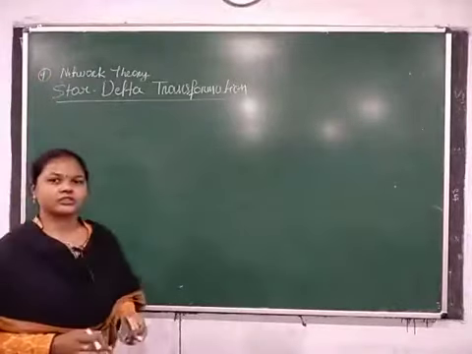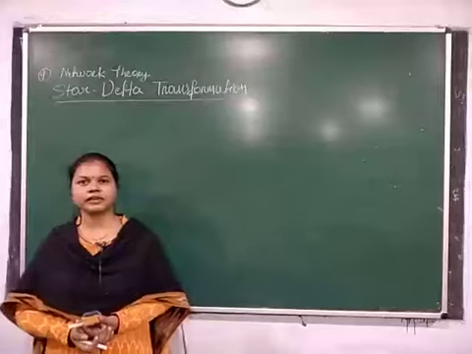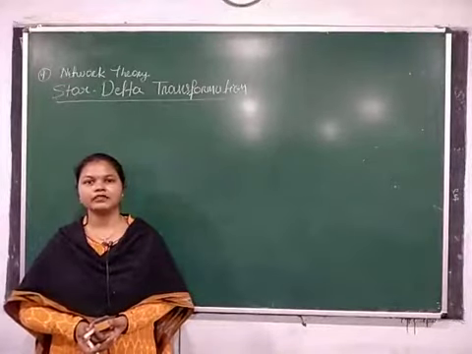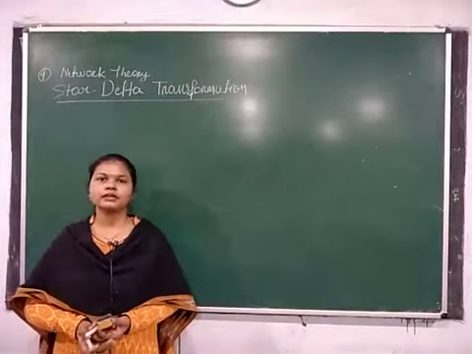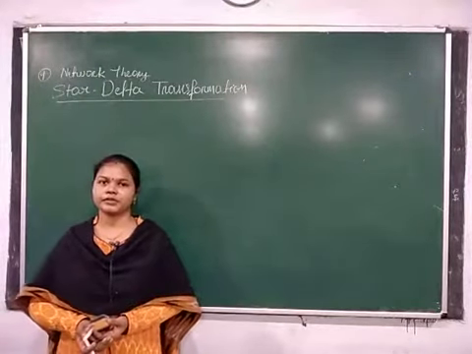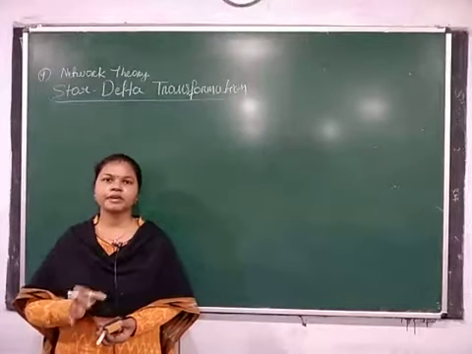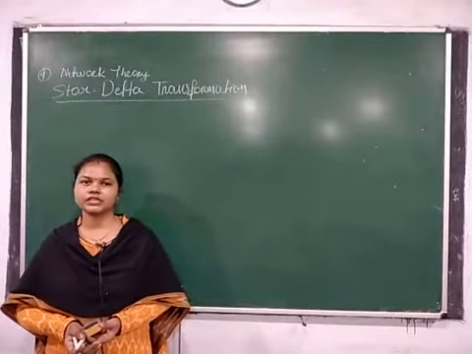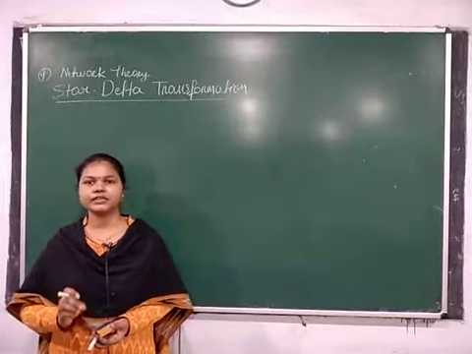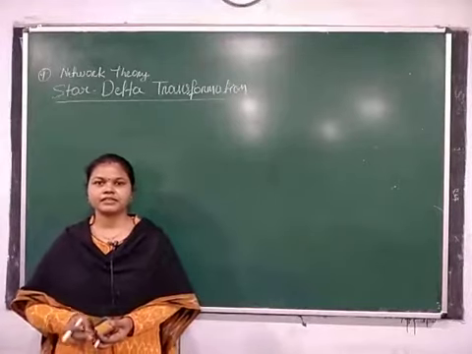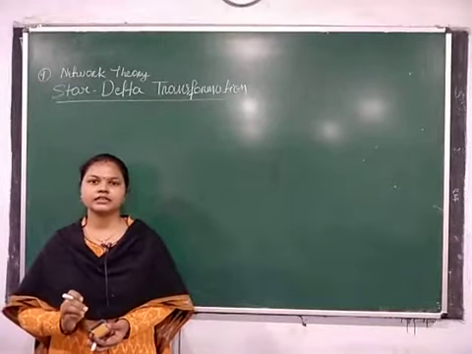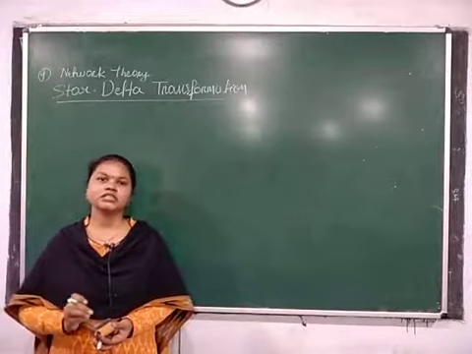Before starting this topic, first we clarify what star delta transformation is, and after completion of this topic, what problems you will be able to solve. Star and delta configurations are used in three-phase circuits. These are the two different connections used in a three-phase system. Star and delta transformations are used for circuit solution or circuit minimization.